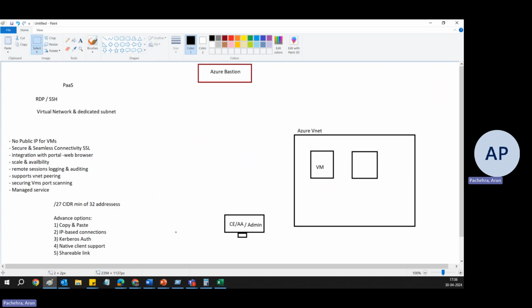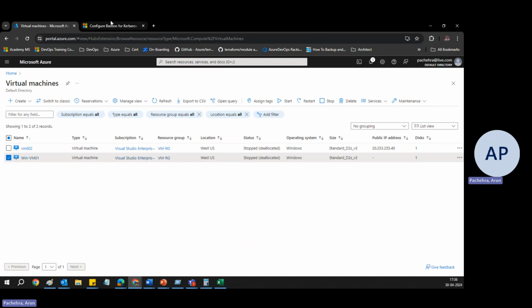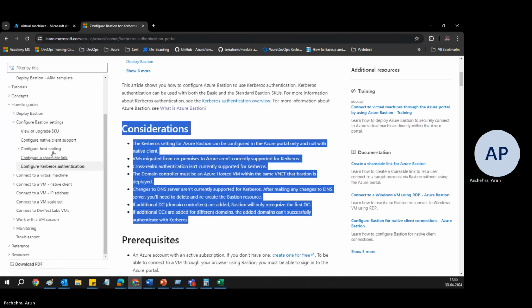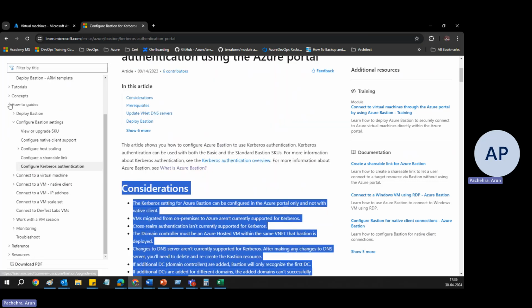Now, quickly go through the security aspect of Azure Bastion. Well, we've been talking about the security aspect as of now, along with the other aspects. Let me show you quickly. If I go to this documentation, and if I try to find out something really interesting,